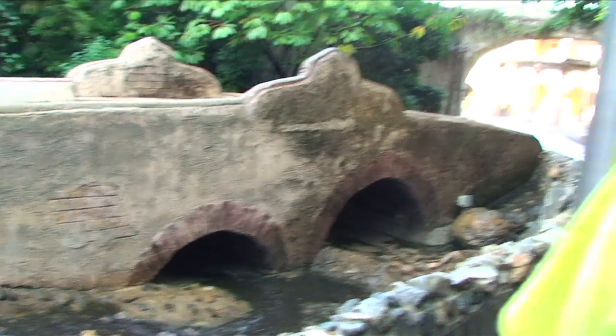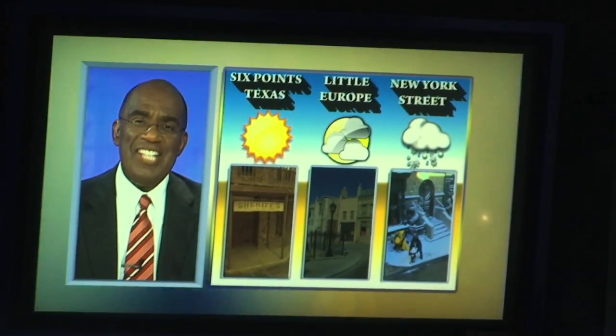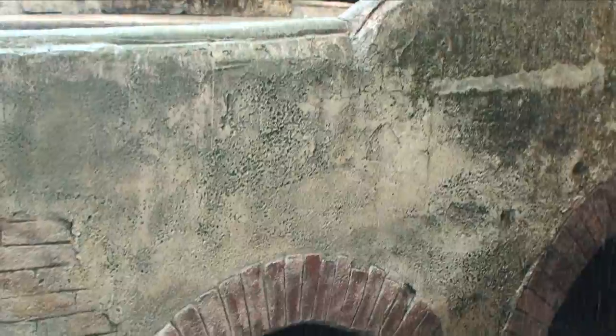Back lot. It's going to be sunny and dry in Six Points, Texas. Cool and cloudy in Little Europe. Expect snow and sleet on New York Street. We've got a high chance of cloud and precipitation near Skull Island, Amity Island, and